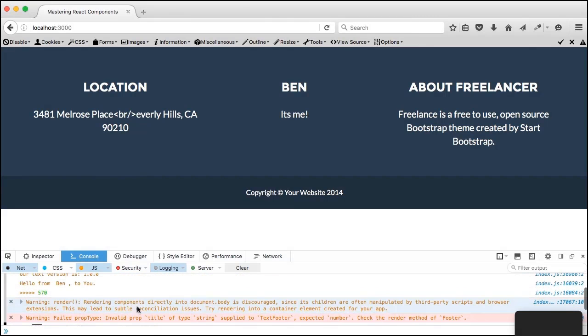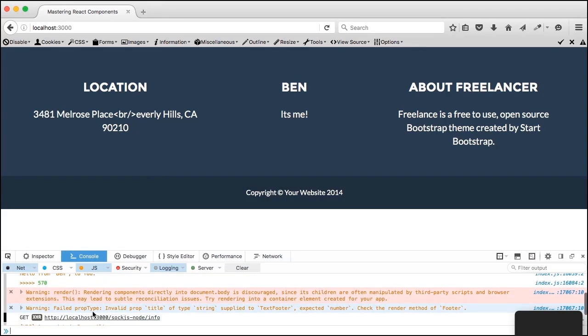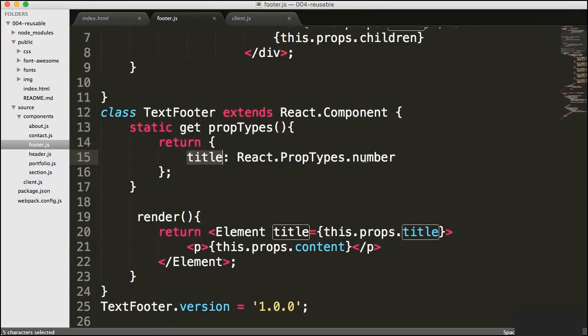And if we find that error, we're rendering a component, though that's fine. And here we go, failed prop, invalid prop. It's expecting a number, but it got a text footer. But in our case, we really want to send text here, so I'm going to make sure that this is